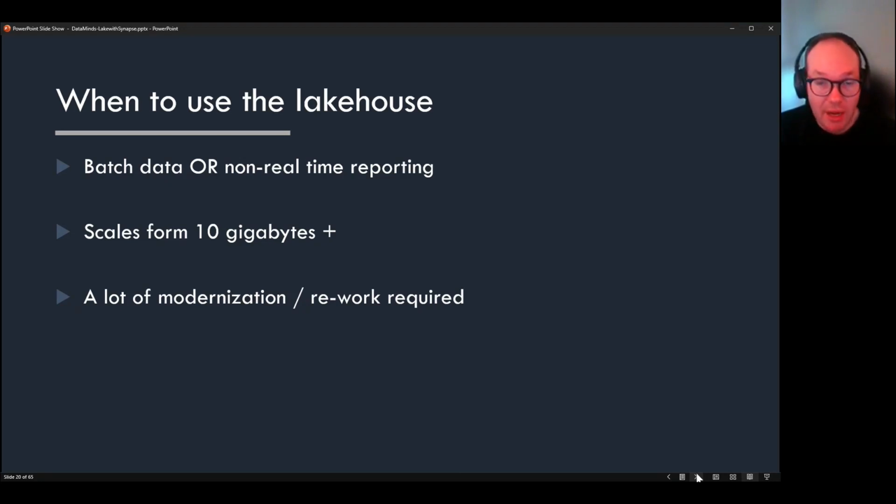Sub 1 hour, you start to think about a streaming architecture that might leverage parts of the Lakehouse approach, but that might be much more a Databricks Lakehouse approach as opposed to leveraging as much the Synapse side. It's also important to understand,